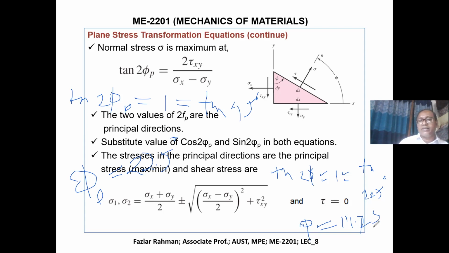22.5 plus 9. So what you see over here? For the same tan angle, you are getting 2 phi p. Say right over here, one we are getting 22.5. That means 2 phi p equal to 45 you are getting. And 2 phi p equal to you are getting angle 225. So this phi p angle, if you